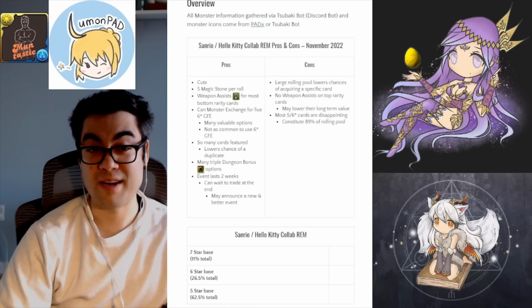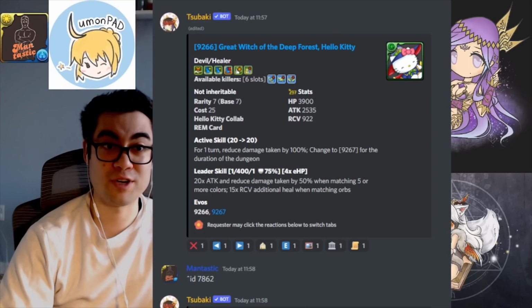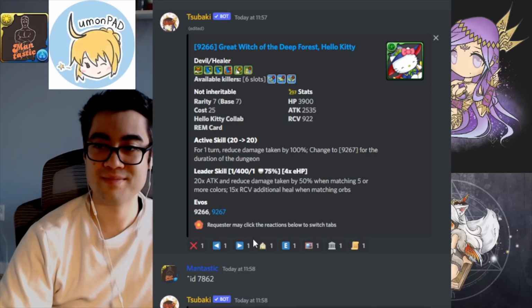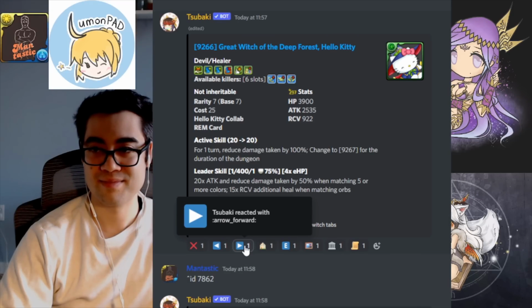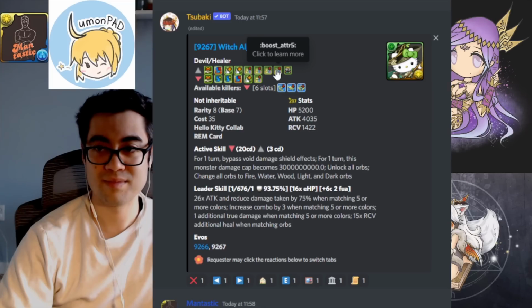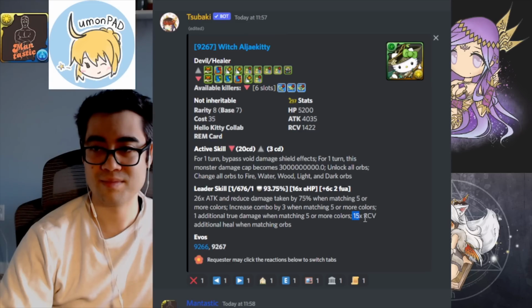Exactly, yeah. Alrighty, so let us talk about the first card that is highly notable, Algae Kitty. Yeah, so Algae Kitty, and I guess to an extent if you roll Norza Kitty, but let's just focus on Algae Kitty. Algae Kitty is a rainbow lead, and while she doesn't generate heals, and she doesn't loop with a 2-turn cooldown active skill, sorry,